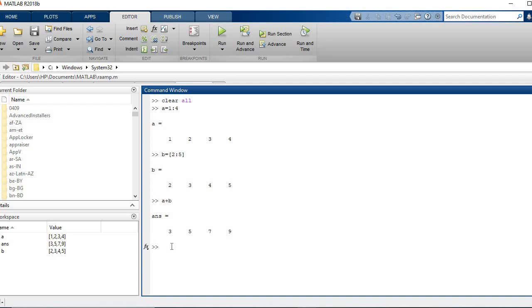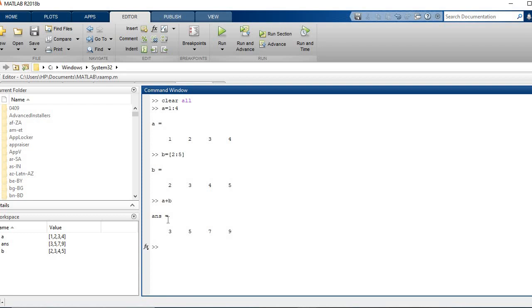Okay, so if we compare this with the C language, in C language you wrote, if A and B are the two input variables, C is equal to A plus B, where C is the output variable. So you have to define a certain output variable in which you are storing the sum of the two input quantities. But here in MATLAB, you can directly write the command A plus B. MATLAB will assign the output of the system directly to a new variable that is known as ans, the answer variable. So the answer variable will directly store the output of the previous operation.